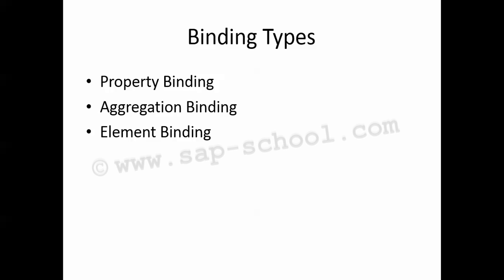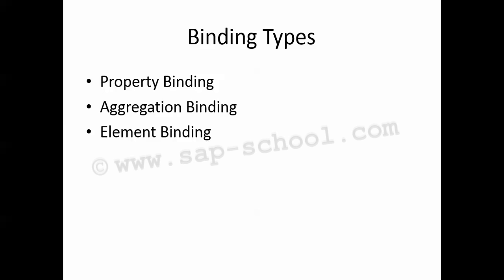Then the element binding allows us to bind the elements to a specific object in the model data, which will create a binding context and allow the relative binding within the control and all of its children. This is especially helpful in the master detail scenarios. Binding an element allows us to set the binding context of the element to the object referenced by the given binding path. Thus, all the relative bindings within the control and all of its children are resolved relative to this object.